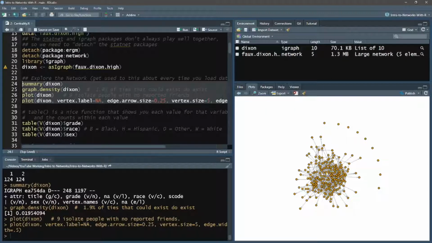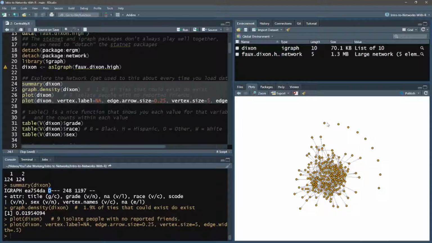And just to repeat what I said before, our high school basically sent out a bunch of different surveys, and everybody listed all of the different friendships that they have. So this is a directed network with a couple different variables that we'll talk about in a second. But we have 248 nodes with 1,197 connections between those, or edges. And we have a couple different isolated students that have no friends that they listed and no friends listed them. Kind of sad to think about, but there might be a good reason for this.